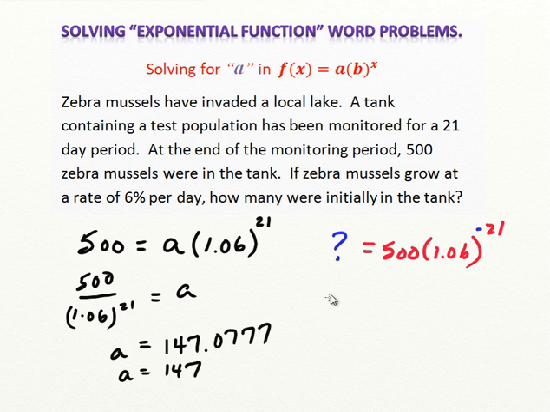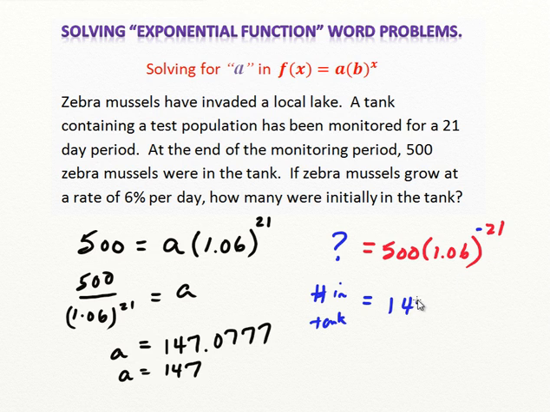And that means that the number in the tank 21 days ago would be equal to 500 times 1.06 to the negative 21,